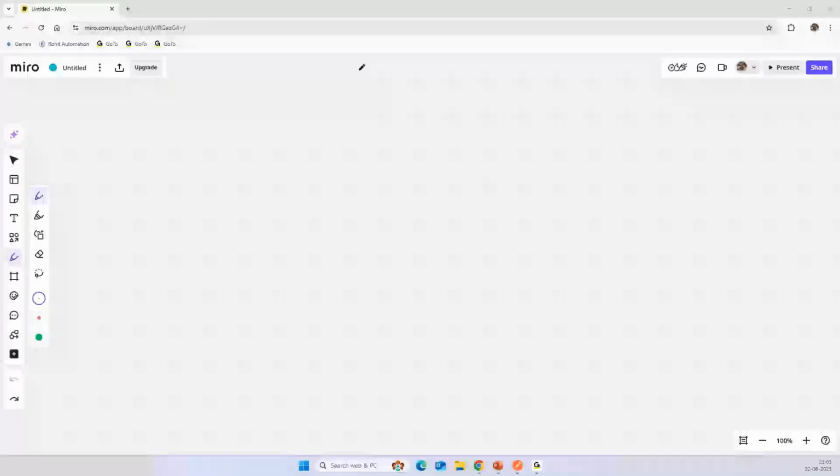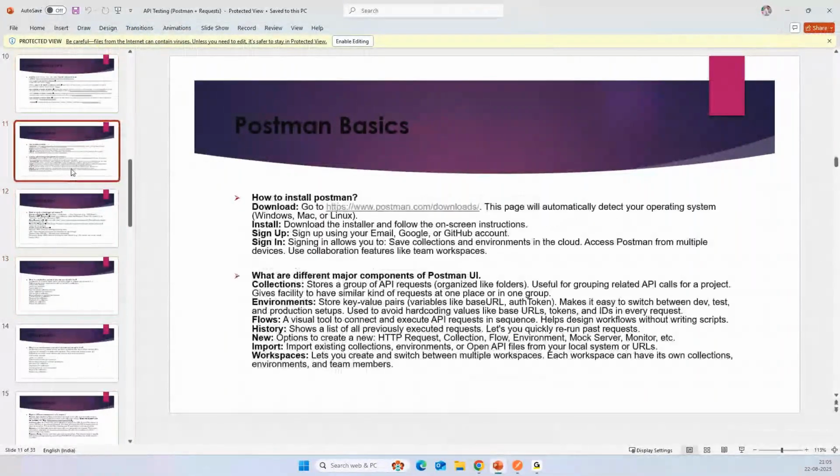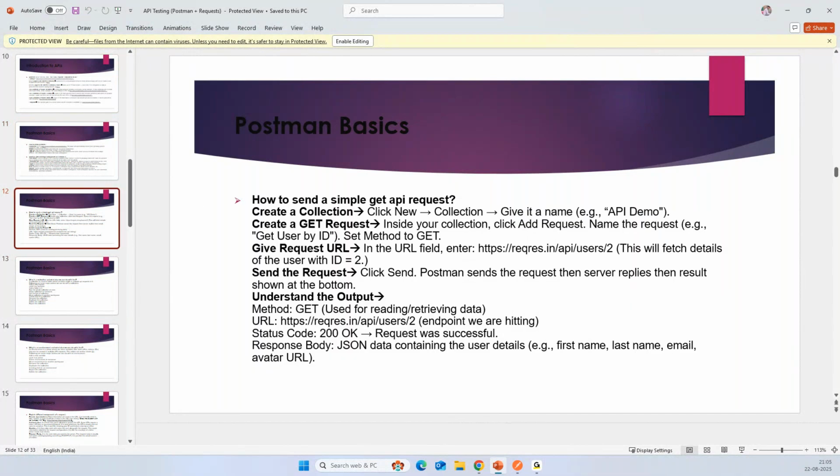Yeah, cool. So we'll just have a quick recap of what we have done till now. In the last sessions, we have seen how we can download and install Postman. Also, we have seen some of the major UI components of Postman, like what is the collection, environment, flows, history, what is the use of new, import, workspaces, and then we have sent a very simple request, which was a